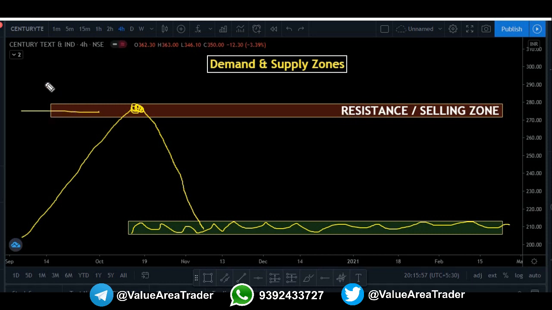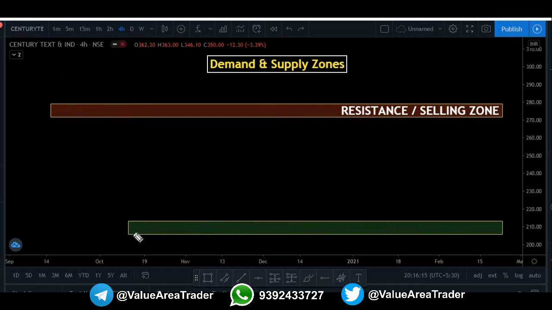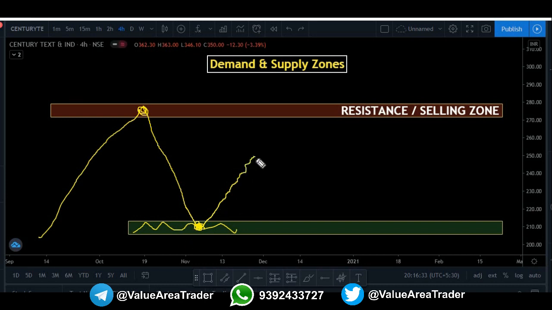Now you can say this is a higher price, because in your chart it is at a higher place, and this is at a lower price. The basic fundamental of profiting in the stock market is buying low and selling high. So this is a low price where people get interested in buying the stock. When the price comes back to a particular region in your chart, people start to buy, and by seeing that momentum more people join in and slowly the price starts moving up.